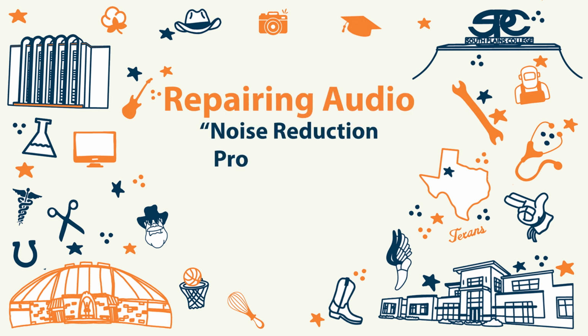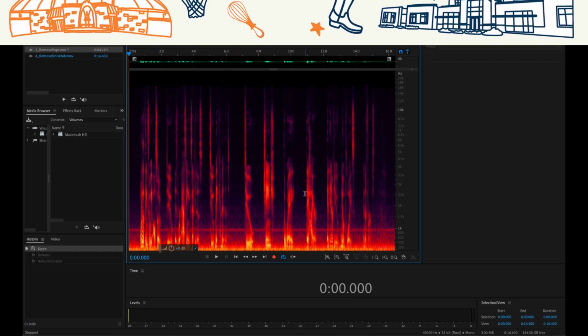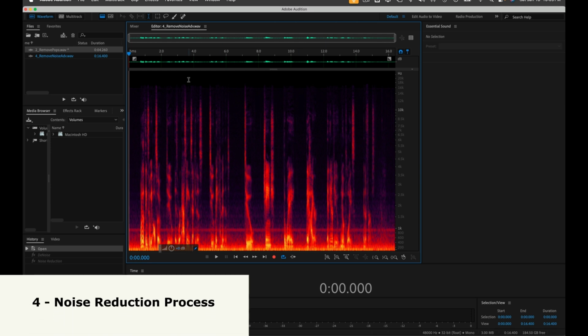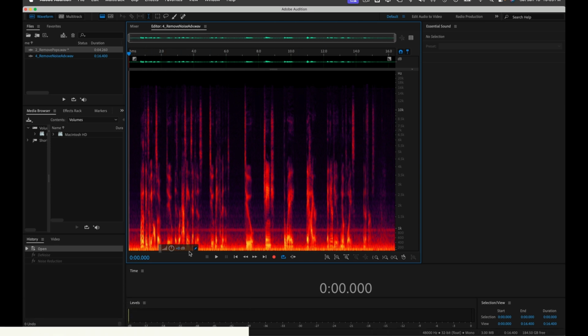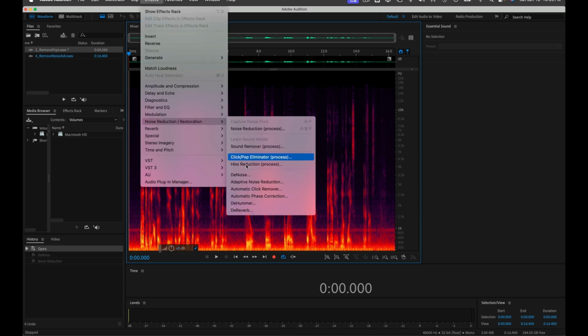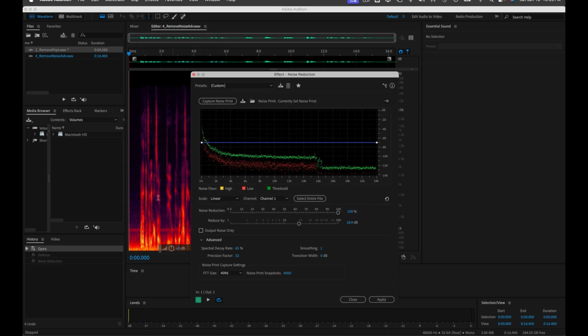I'm trying to get rid of this background noise that stays through the whole video. There's air conditioning that's running. So I'm going to turn on the spectral frequency display so I can visually see the air conditioning going through the bottom. I will go to effects, noise reduction, restoration, noise reduction process. I'm going to select this background section as a test, capture, and now I can